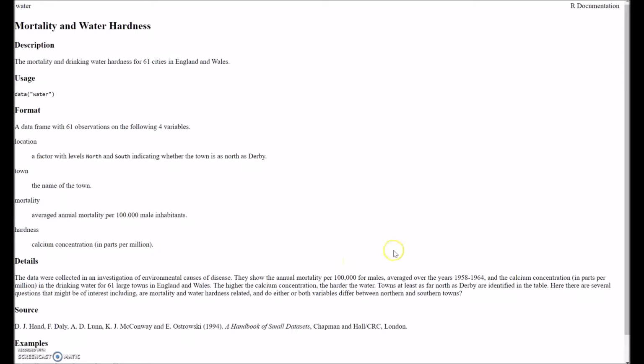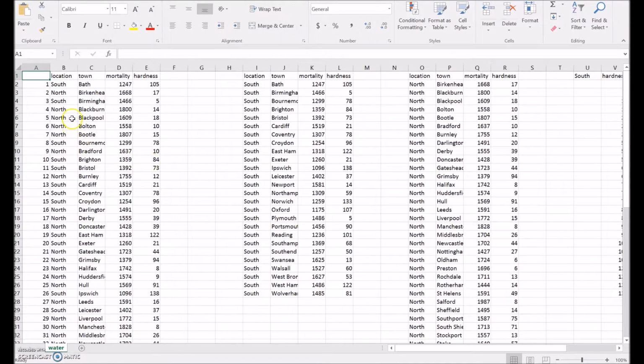Essentially, their data sets were from 1958 to 1964, and ultimately they were looking for whether there was any correlation with calcium concentration and mortality rates linked to that. Now, to show you the data sets. So originally, this was the data set from here